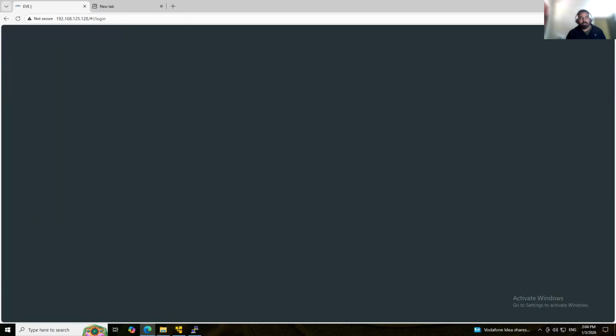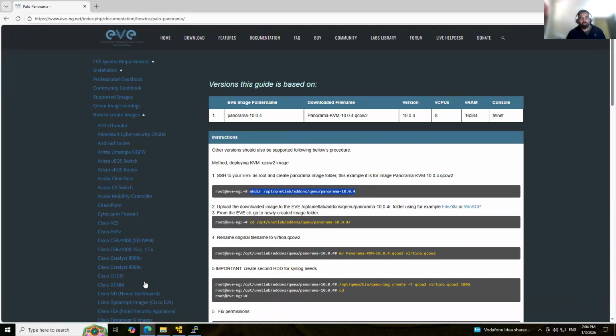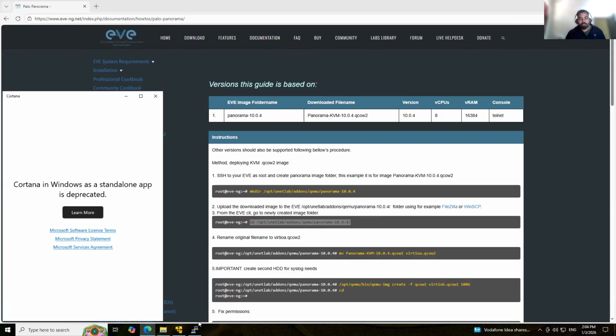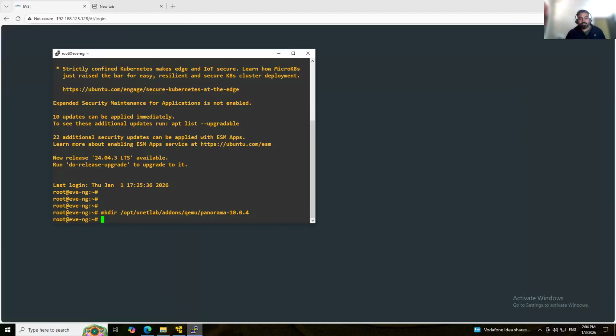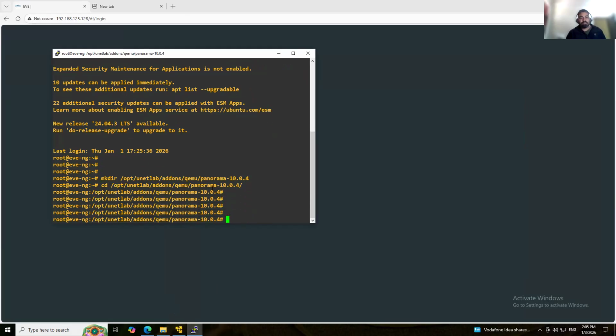Now the second thing, we have to go to that folder. Let's cd to /opt/unetlab/addons/qemu/Panorama. Okay, I am in this folder now.